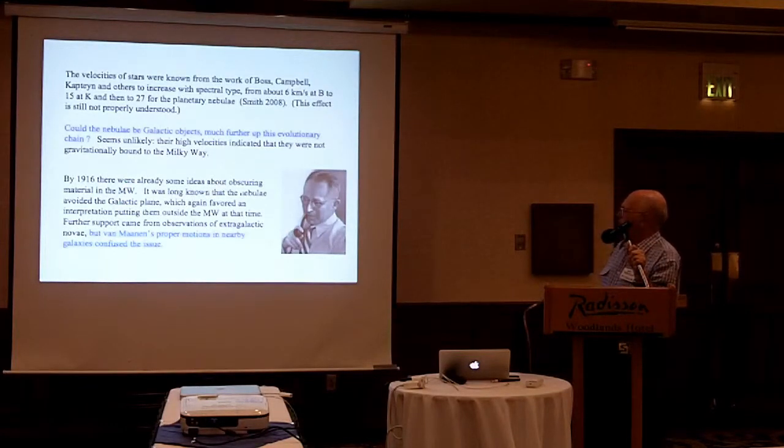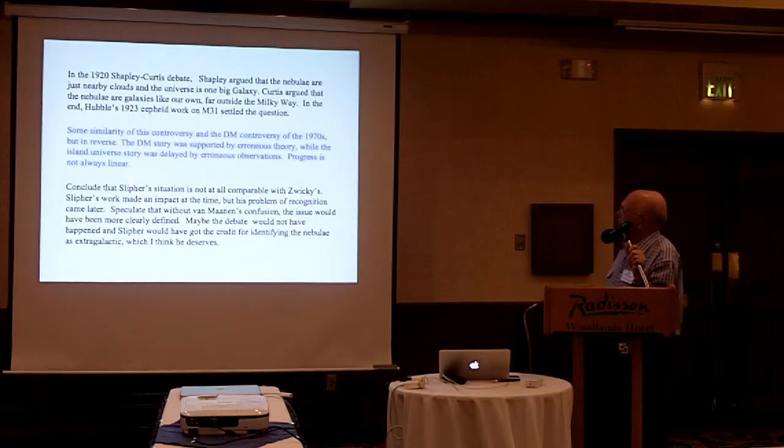By 1916, there were already some ideas about obscuring material in the Milky Way. It had been long known, back into the 19th century, that the nebulae avoided the galactic plane, which again favoured an interpretation putting them outside the Milky Way at the time. Further observations came from galactic novae, but the thing that really confused issues was van Maanen's proclamations of nearby galaxies. This, I speculate, is really at the root of